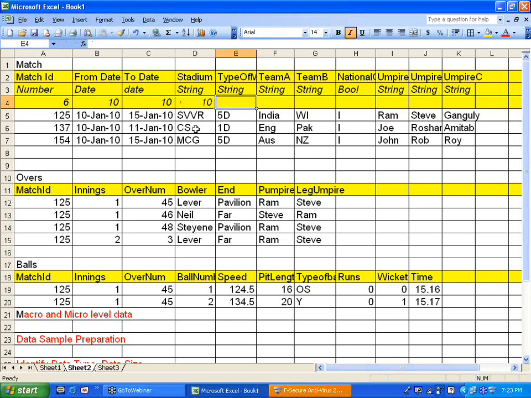Type of the match, I want to say only 2, 5 days and 1 day, and then T2 or say TT. I just want to store only 2 characters to determine that. Then this is going to be again 10 characters, 10 characters. This is going to be 1 character, yes or no. The umpire name is going to be again 20 characters, 20 characters, 20 characters. So for each of these data,